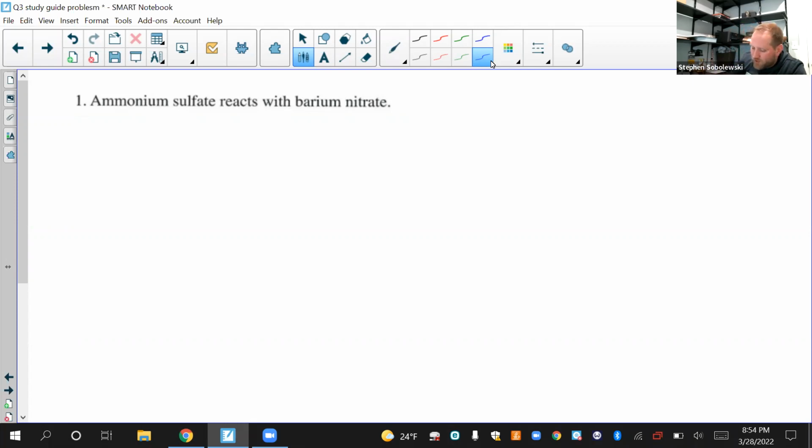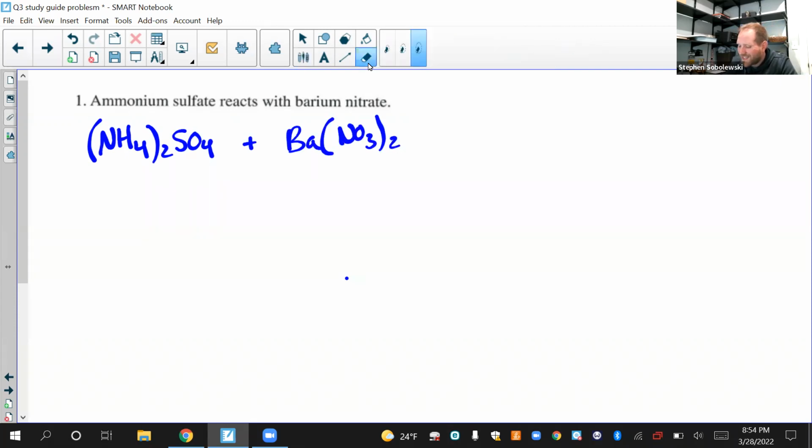So here we have ammonium sulfate. Ammonium is NH4 plus. Sulfate is SO4 minus, so this is going to be NH4 SO4. It reacts with barium nitrate, which is BaNO3. Now this one doesn't indicate states, but